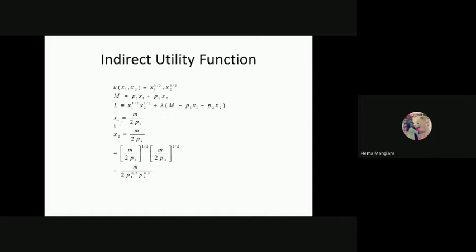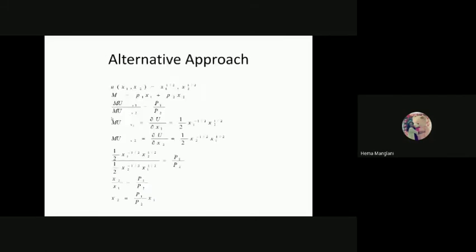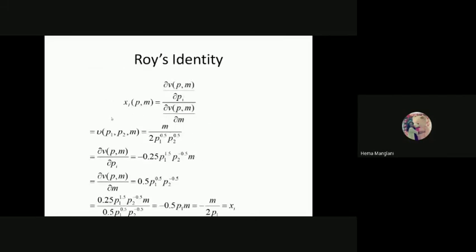So from the Lagrangian you reach the indirect utility function, and from this itself you can reach your demand function. Why is this so? Because the indirect utility function talks about prices and money income indirectly. So if you indirectly talk about price and money income, there is something hidden, that is your demand function. So the Roy's identity is just a proof by the economist Roy, and he has given the alternate formula to reach the demand function.